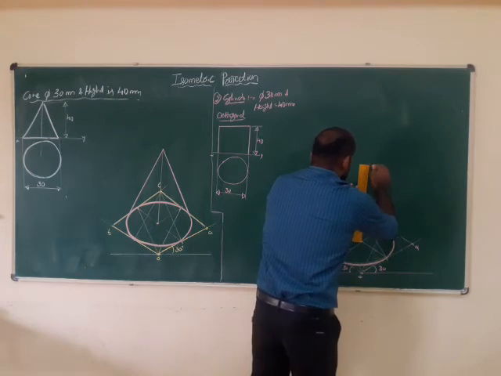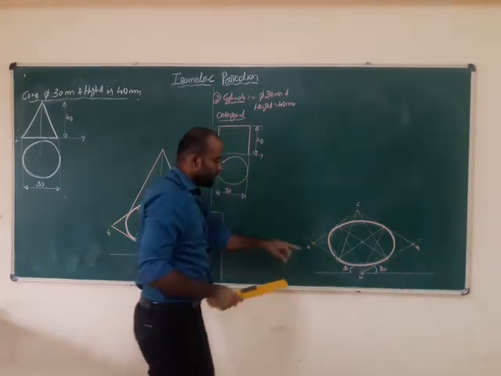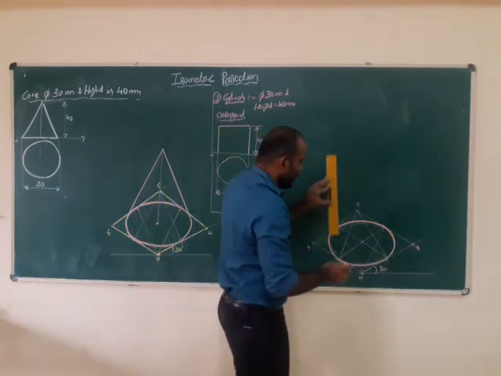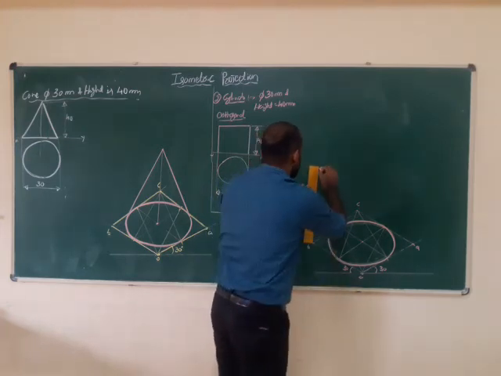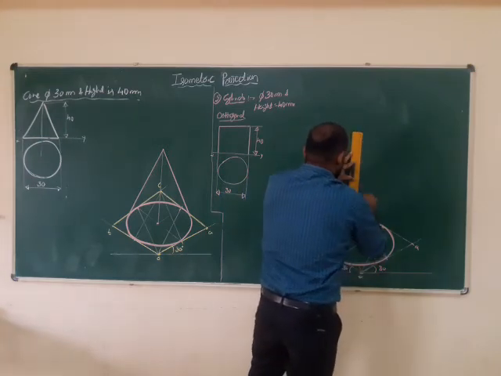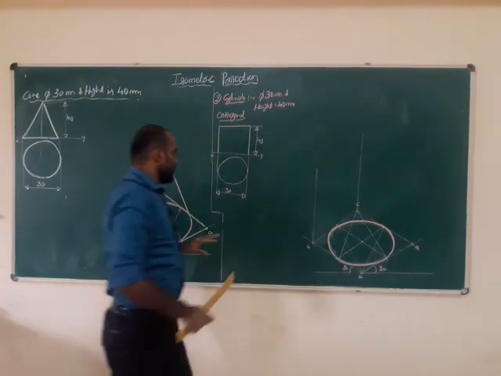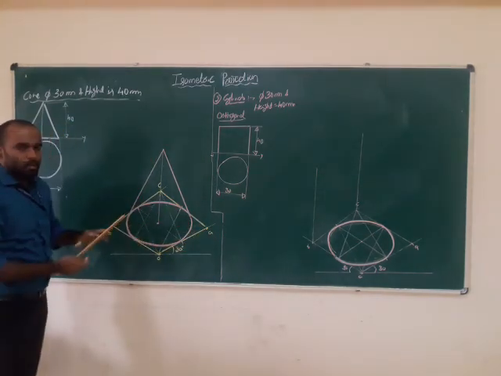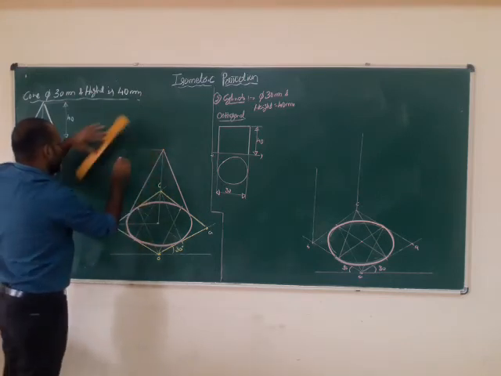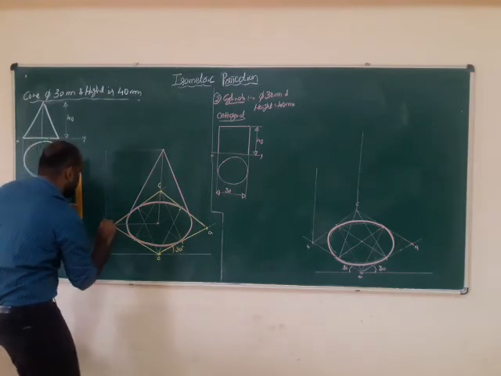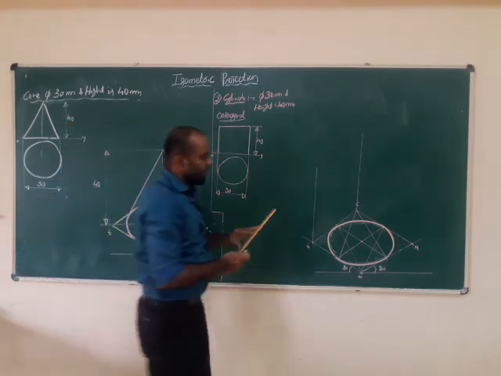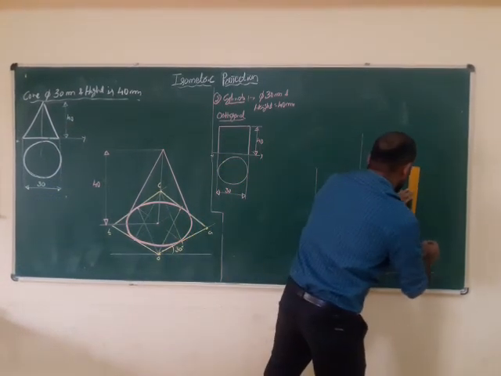You have to take 40 from all the corners, because there are 4 corners O, A, B, C. You have to measure 40 from all the corners. B, you need to measure 40. C, you have to measure 40. Because if it is mentioned as a cone, you have to measure from the center to 40, center to height. But here a cylinder is given, so you have to measure 40 mm from all the corners.